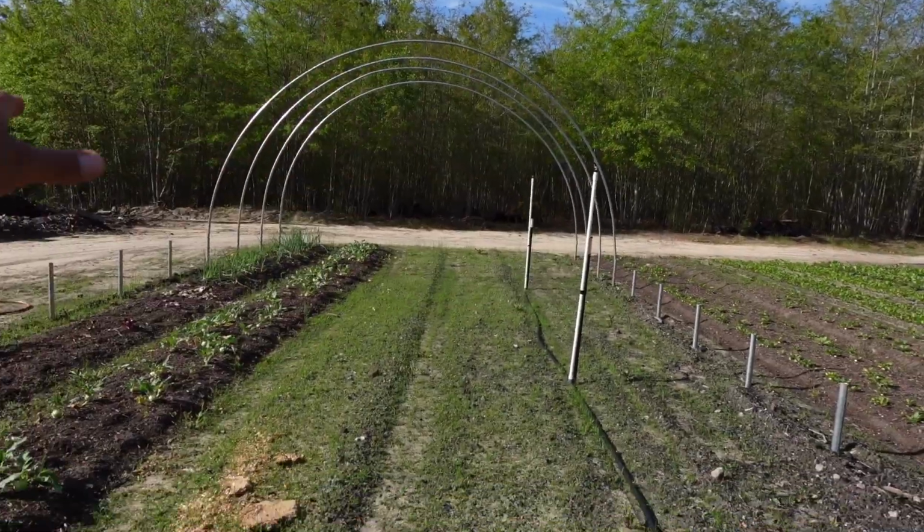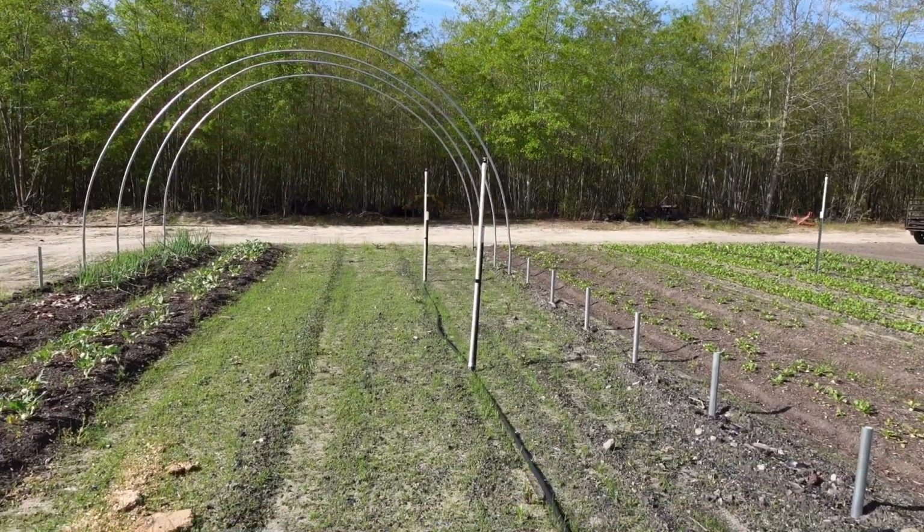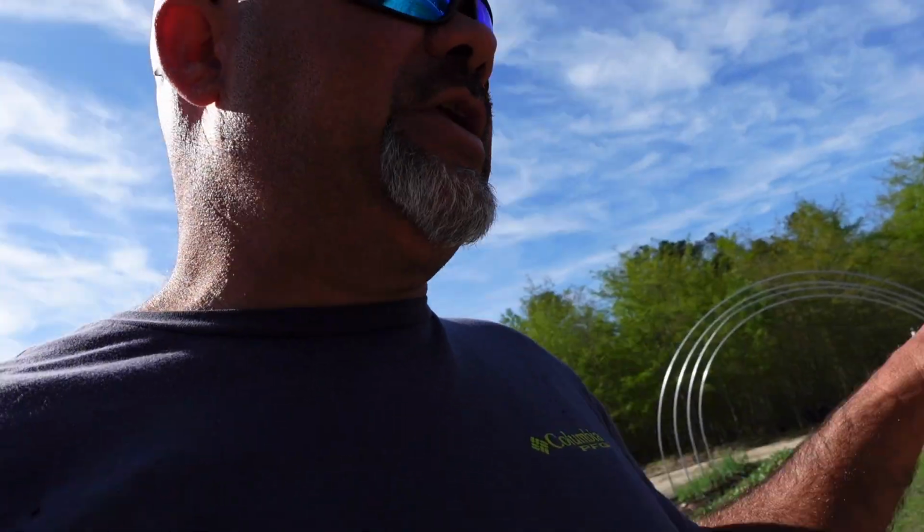And there's 14 bows in this tunnel that I'm building here, and it's only a 52-footer. All right, so let's talk numbers. I've got 14 bows that are going to be in this tunnel, and you can see, looking back, don't mind the weeds, because all this will be gone here in about a week. All these bows that you see, even including the ground post, I have roughly $900 tied up in this tunnel at this point. I'm not finished with the bows, but I do have the material,